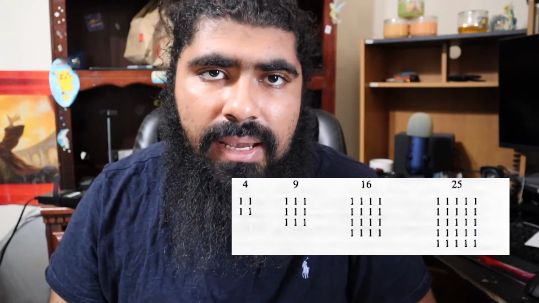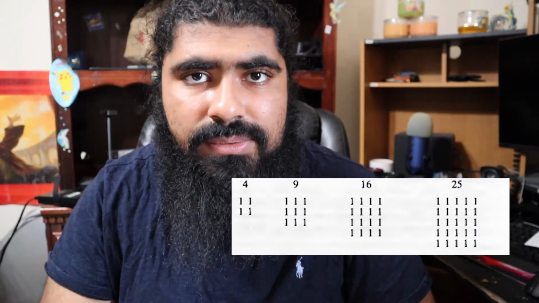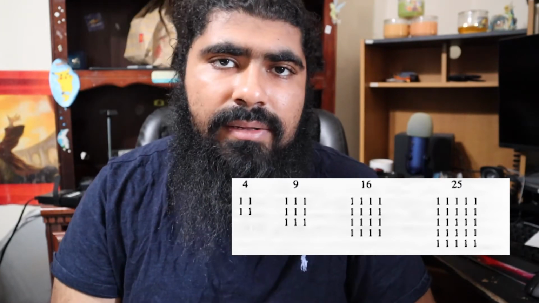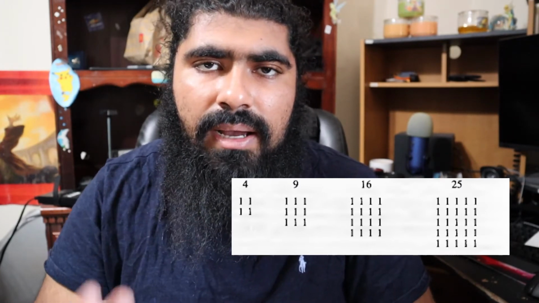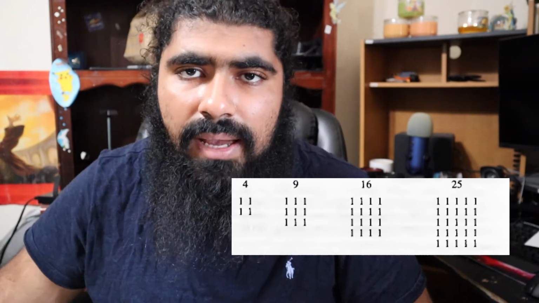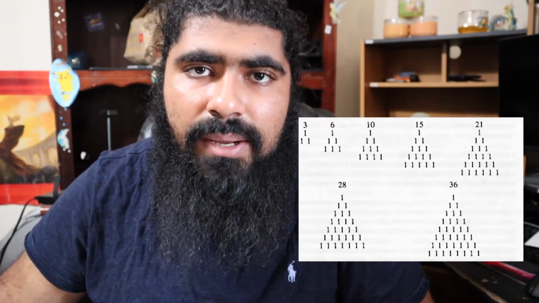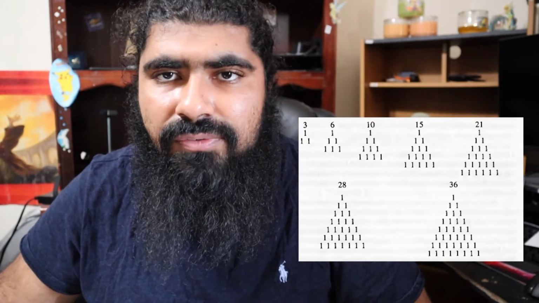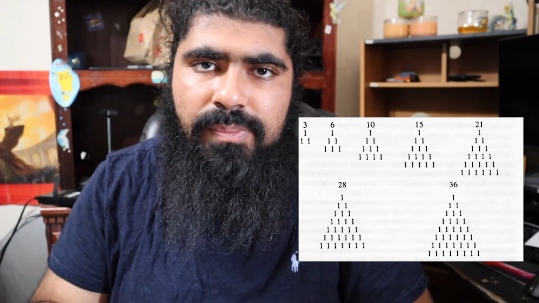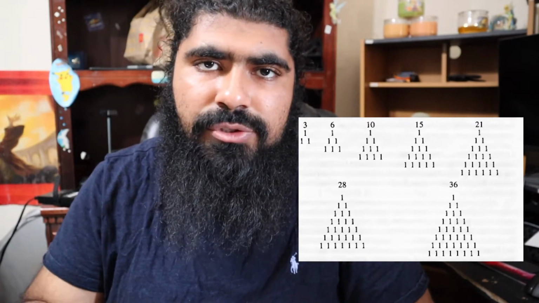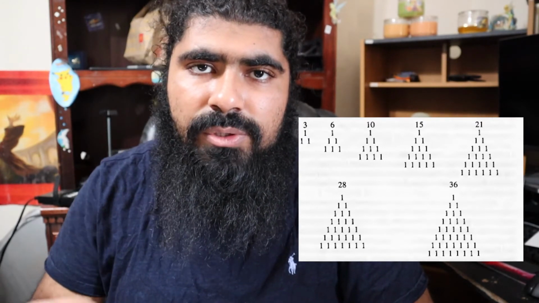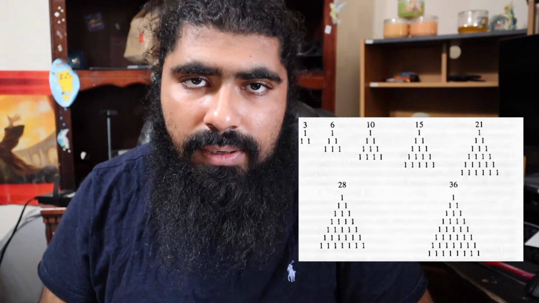This is where you got, for example, square numbers, which we still use today, which are what numbers can be formed together to form a perfect square. And the numbers you all know are 4, 9, 16, 25, and 36. But you also had something called triangular numbers, and they were the sum of all the integers. So for example, you would have 3, which is 2 plus 1, 6, which is 3 plus 2 plus 1, and 10, which was 1 plus 2 plus 3 plus 4. And so on. And these were called triangular numbers because they formed perfect triangles.